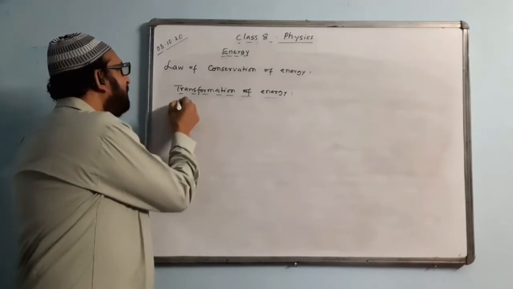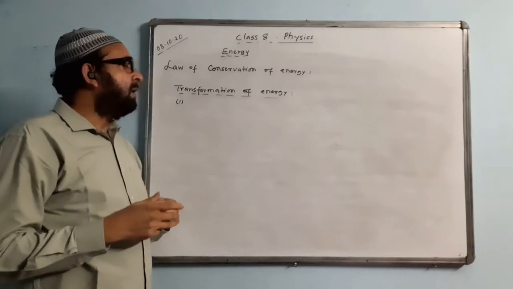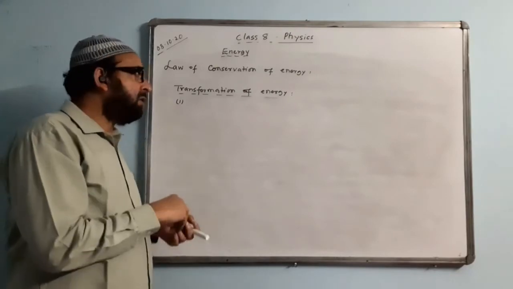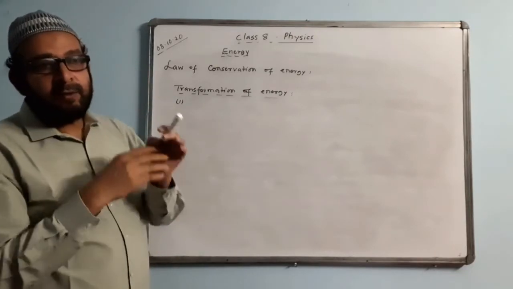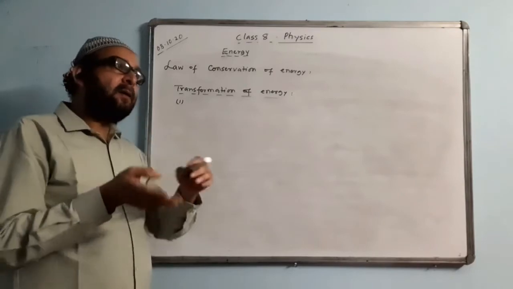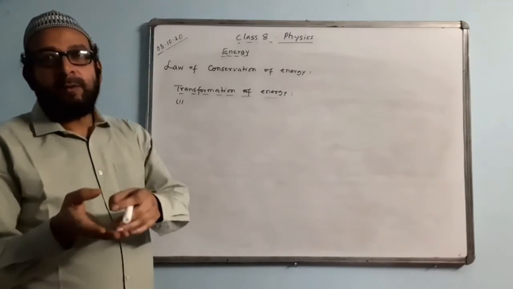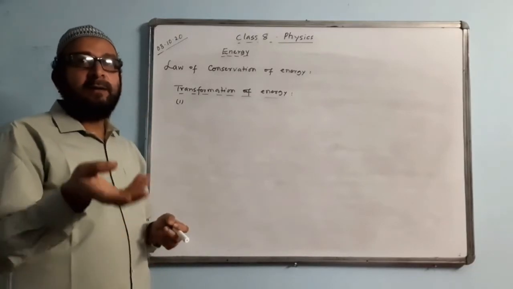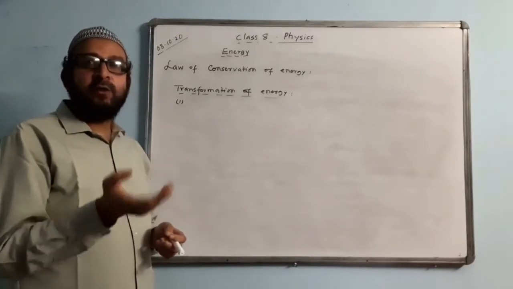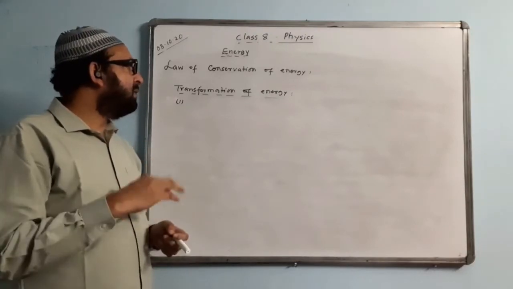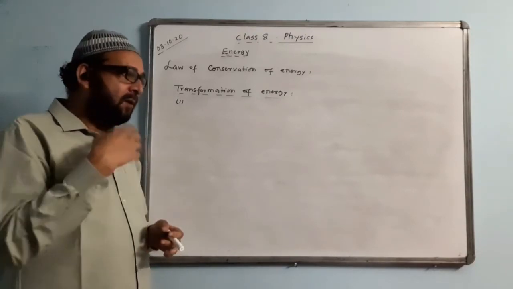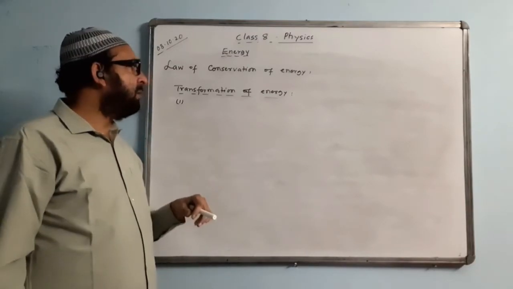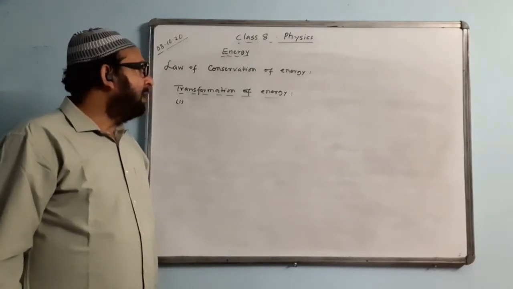So there are situations, I think you know, like sometimes we change potential into kinetic, sometimes kinetic into potential, sometimes electrical into mechanical, sometimes mechanical into electrical, sound into electrical, electrical into sound, electrical into light, light into electrical. There are different situations in our daily lives. We have examples where we change one form of energy to another form of energy. Those examples from our daily lives we must know very well.